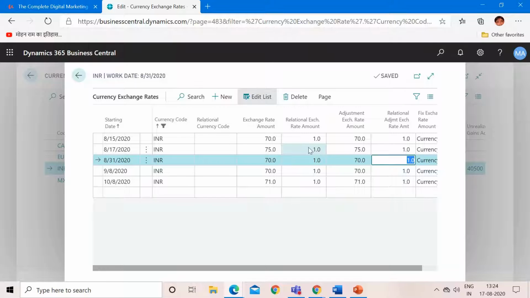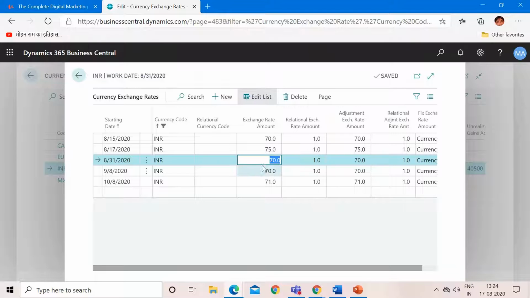Initially, if we received the payment on 17th, it would be only $1 for us, let's say, for 75 INR, but now it will be something like 1.25. So that means we are on the gain side. If I increase the rate from 75 to 80, that means the foreign currency INR has increased, so we will be on the loss side.